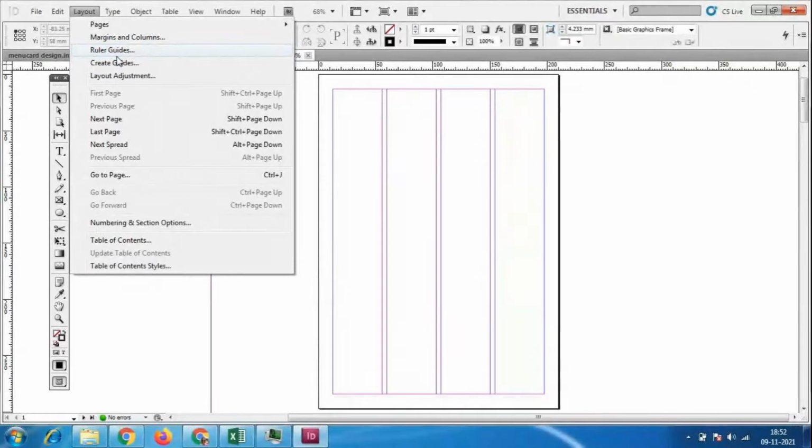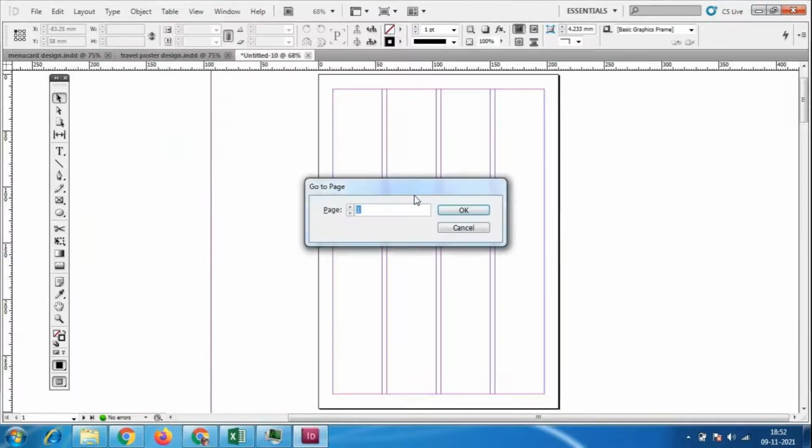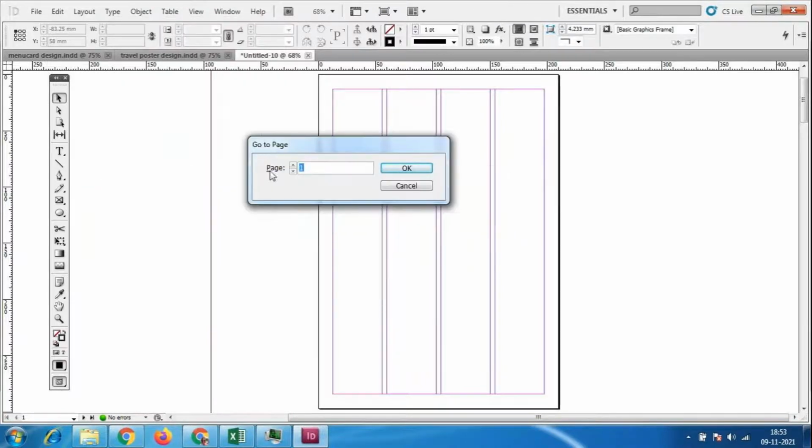Next we have to go to Go to Page. Go to Page means, suppose this is the first page and we have 900 pages, and there is some mistake on the 55th, 60th or 75th page, or maybe the 350th page. We can use Go to Page and it goes directly to that page. We give the page number here.